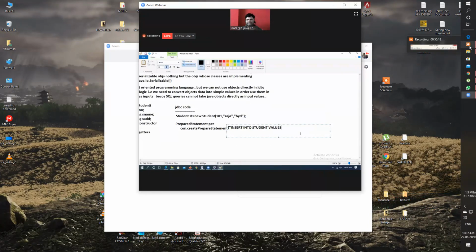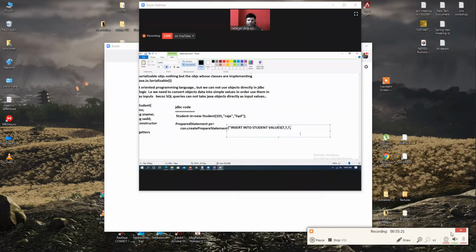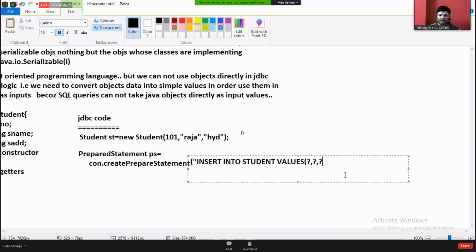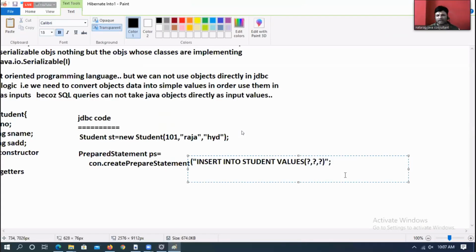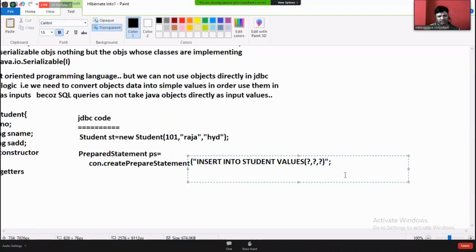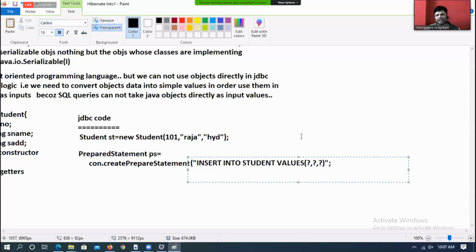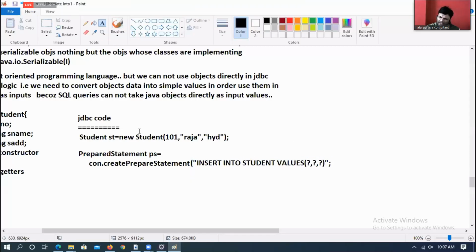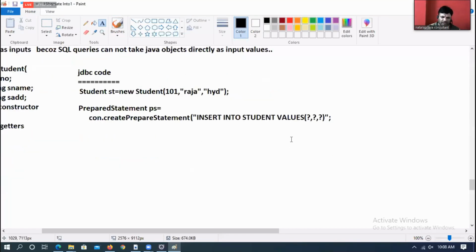See, boss, since these are JDBC drawbacks, the people who don't know JDBC might be feeling heavy. But it doesn't mean that to attend Hibernate, you should have complete knowledge of JDBC. I'm just trying to show some reasons why JDBC is bad. Once you study JDBC, you will get to know everything, but it's not going to stop you from learning Hibernate. You can learn JDBC and Hibernate parallelly.